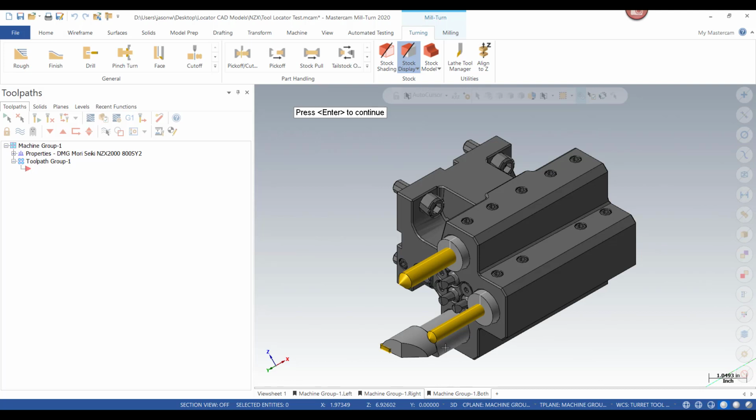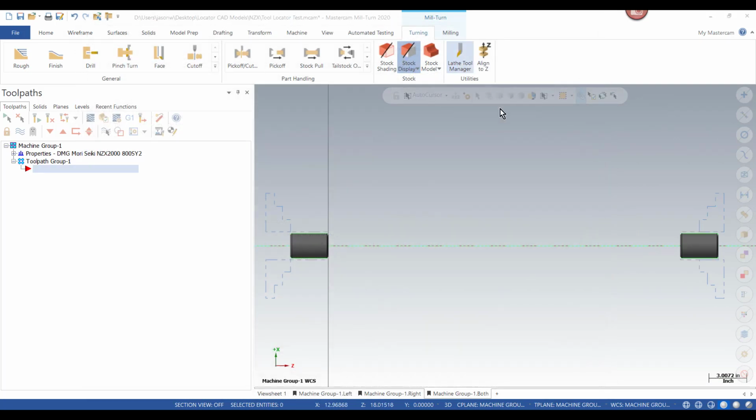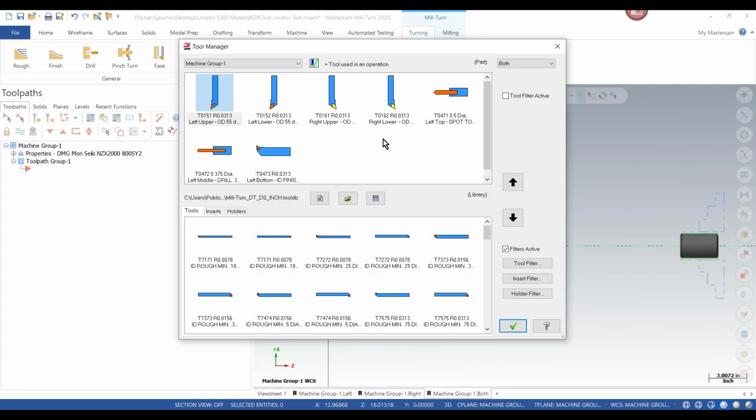With this one as well, you can see that all the tools are properly oriented in the middle of the holder, and they're all basically starting 2 inches past the front face, which is where we put the locator positions for each of the holders. Now we'll take a quick look back here in the Tool Manager. As you can see,